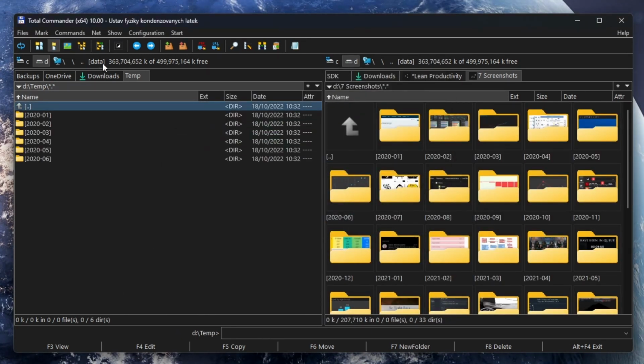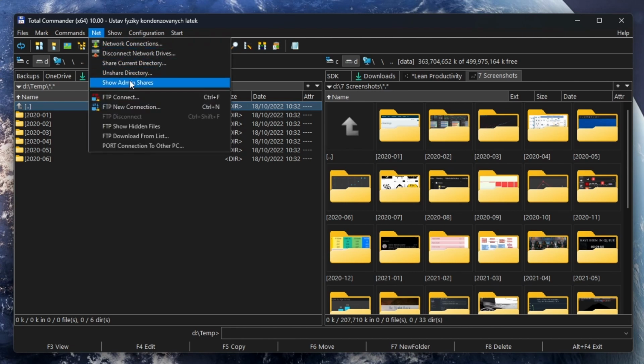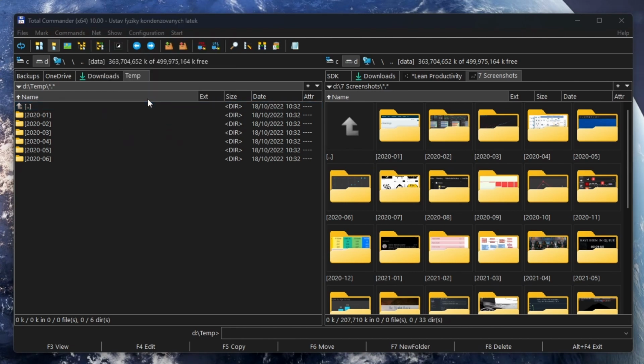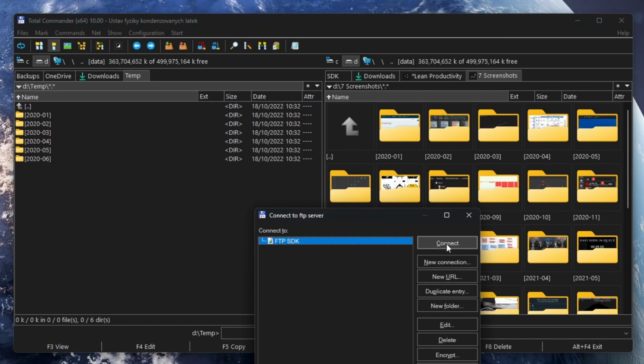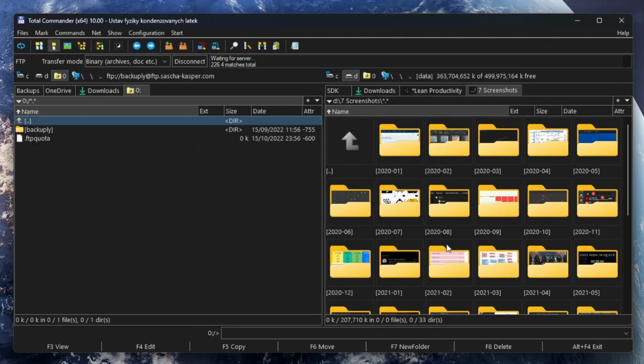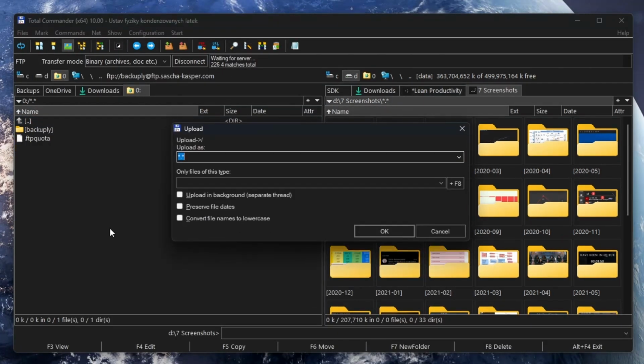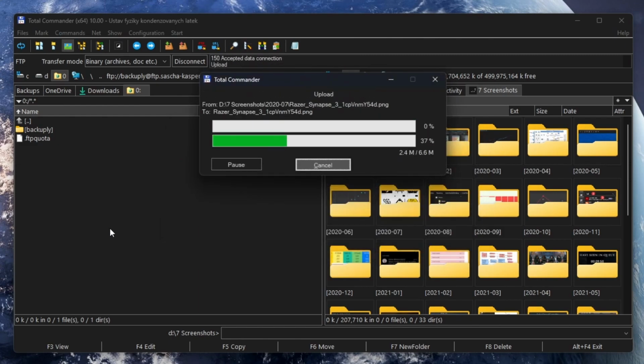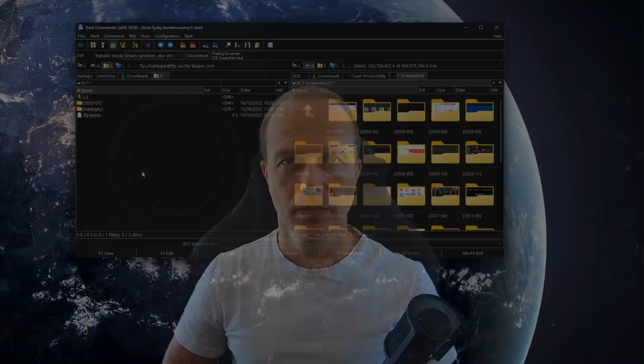On top of all that, Total Commander also includes an FTP client and a very powerful batch rename feature. All in all, Total Commander makes my interaction with files so much faster that I simply could not exclude it from this list of productivity boosting tools. All this should allow you to save quite some time and be more productive.